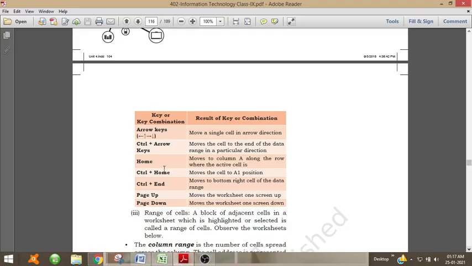Then control plus home will move the cell to the A1 position. Likewise, control plus end moves to the bottom right cell of the data. Then page up moves the worksheet one screen up, and page down moves the worksheet one screen down.